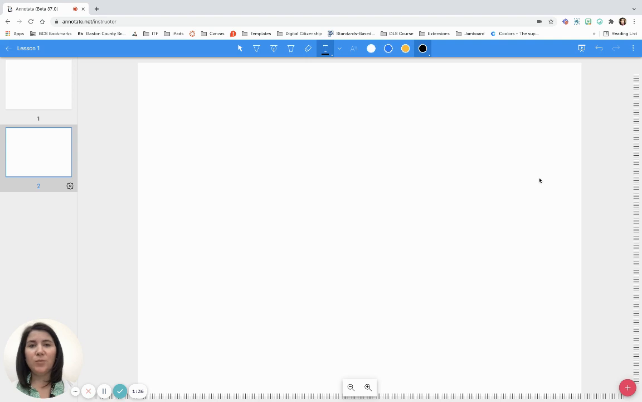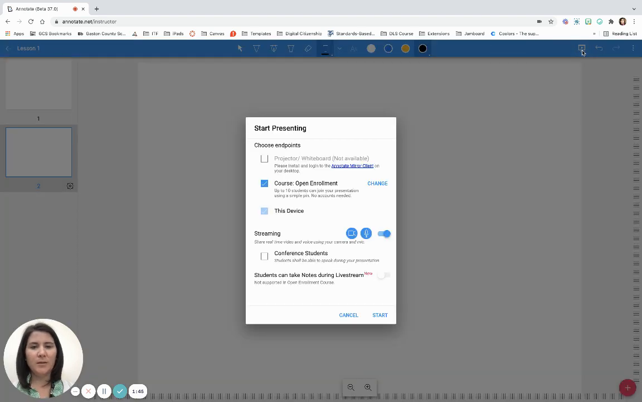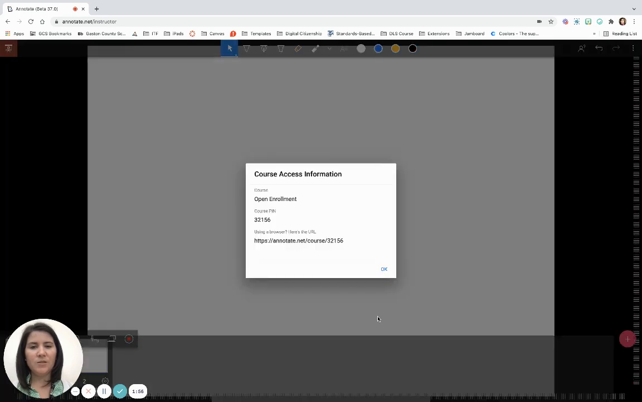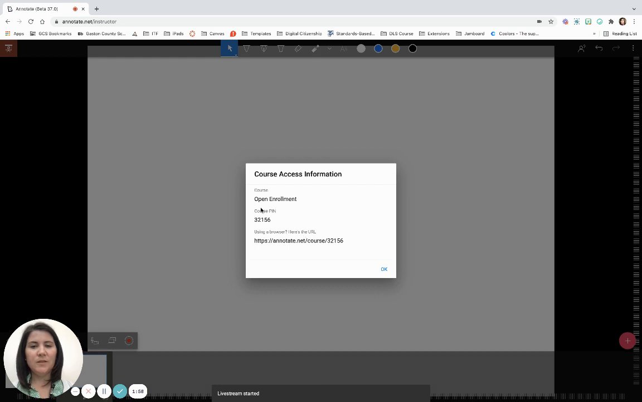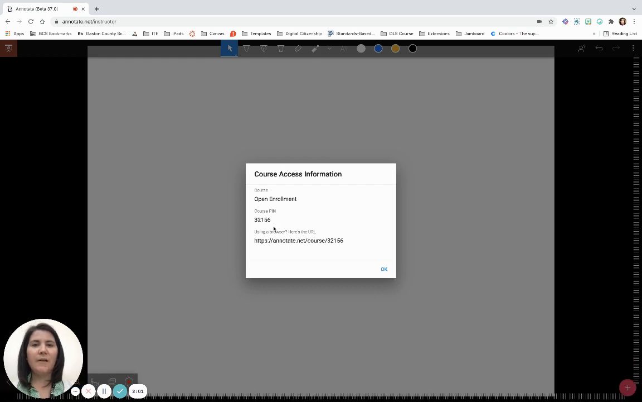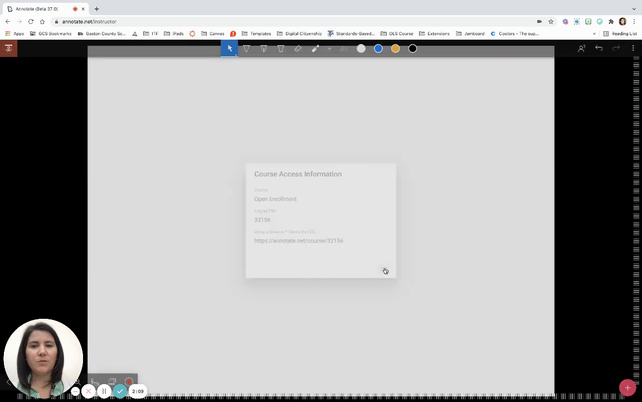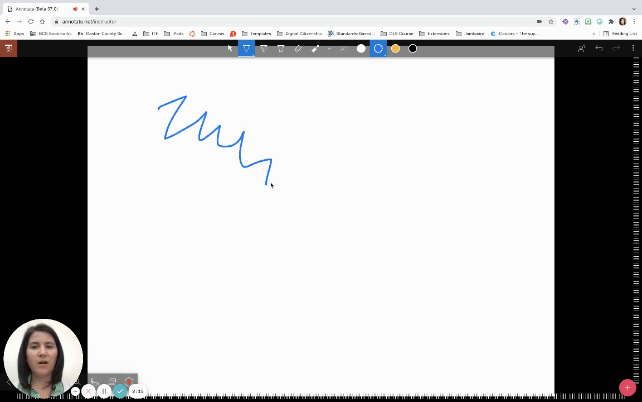When you are ready to add and project this for students, you're going to click this little projector button. This looks like a little screen. Since you're going to be in person with your students, most likely I would turn off this streaming option and then click start. And notice it does give an open enrollment or a course pin. That would be for students to be able to join. It is a limited number of students with this account. So you can click OK, and once you are in there, then you are able to write on that blank